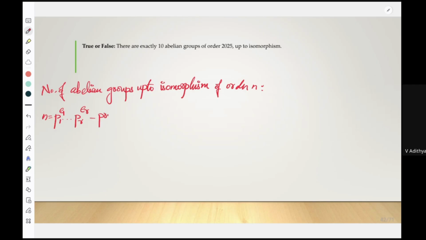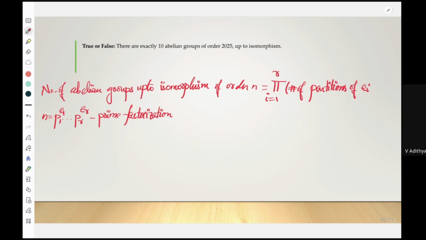This is the prime factorization. So what will you get? This is basically the product for i equals 1 to r of the number of partitions